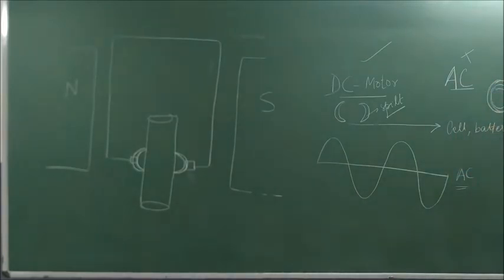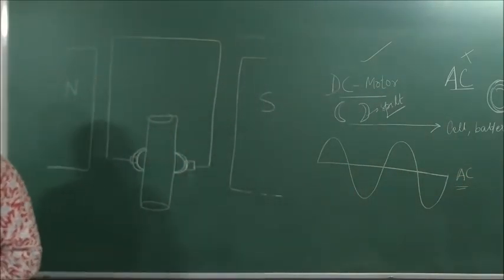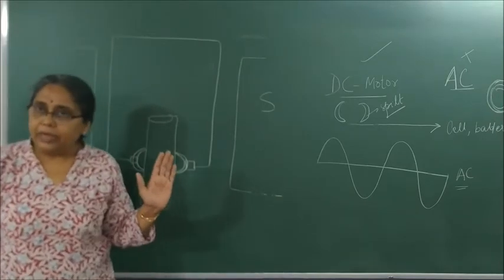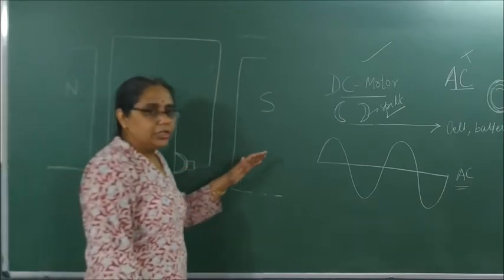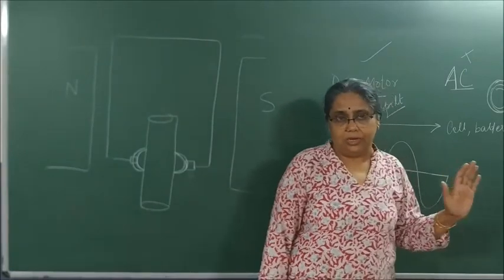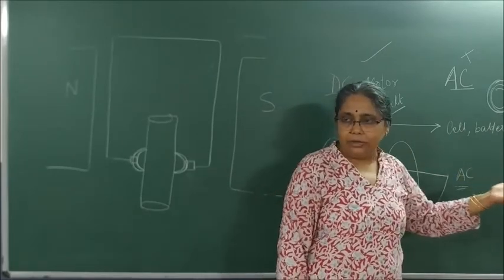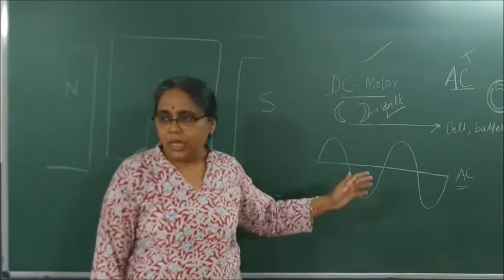Whenever I use an AC motor, I will always use what ring? Slip rings. Okay? What is AC current? How is AC current generated? The current which is generated from solar plants, the current which is generated from any other electrical plant is basically what? Alternating current. You don't have what is the advantage of AC and DC, so we are not teaching you that part. Okay? But you must know the definition. Direct current, a current which does not change its direction all through its journey. Alternating current which changes its direction after every 1/50th of a second. Clear? Source, cell or battery. Source, any electrical production. Maybe a thermal power plant, nuclear power plant, all generate AC current.